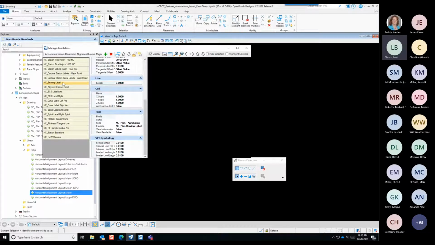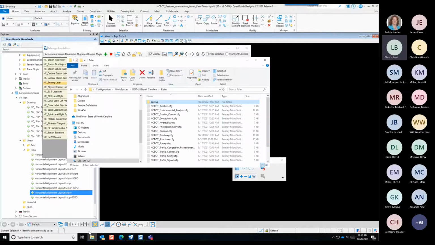In this case it is the bearing of the tangent on my alignment here. So we build these in another library. We have a library of text favorites and text styles in our workspace for that. So it's just calling